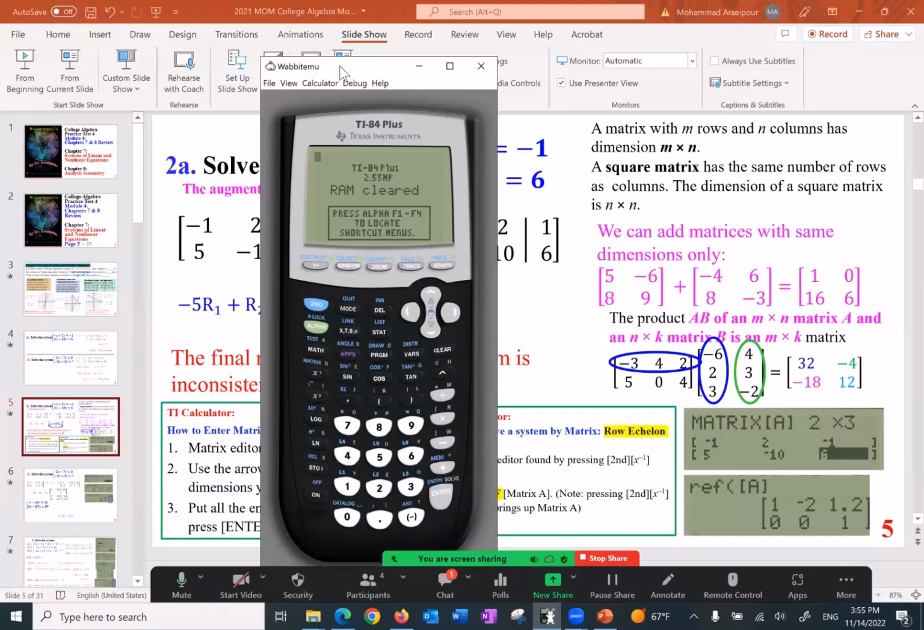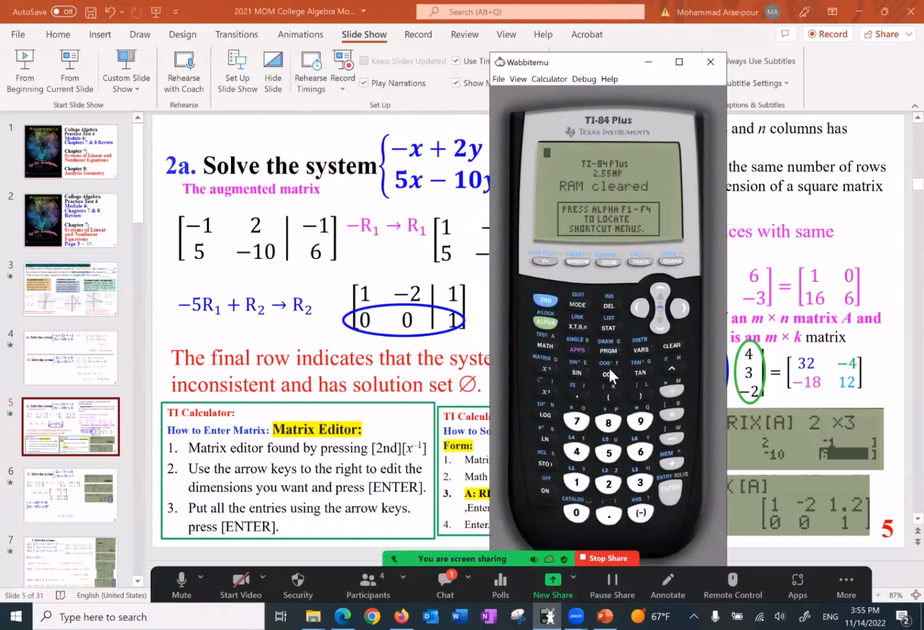The idea is that this is your calculator. Over here, press second and then x to the power of -1, the inverse of x. And here's matrix A. If you enter matrix A, go to the right and edit, it gives you a chance to put the matrix size. In this case, it was a 2